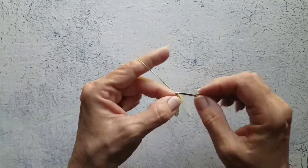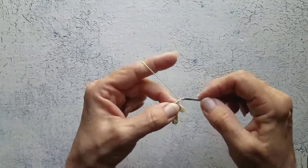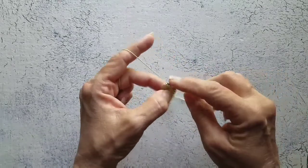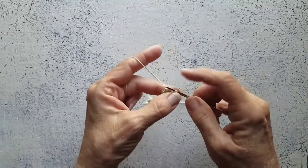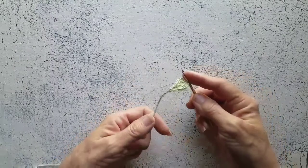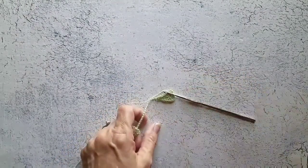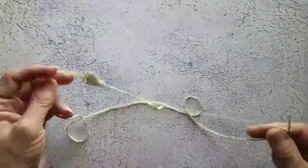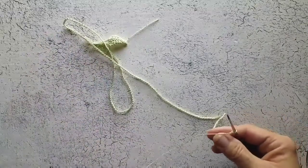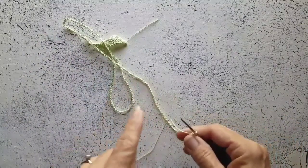Chain 3 and slip stitch in this little center chain. Okay, now chain 200. Now I have 200 chains. We're going to make our last leaf, but we need to go in the opposite direction so that